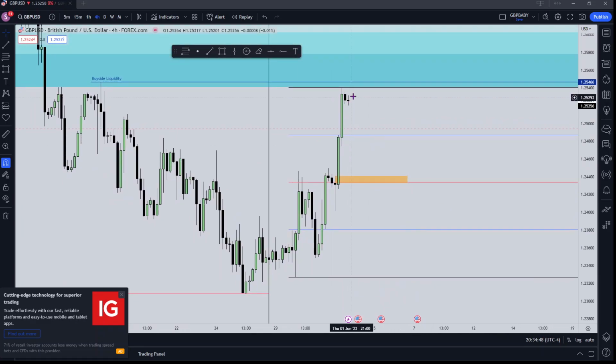It's very unlikely for price just to come down and then go straight into that breaker. I can imagine we're going to be quite range bound for a while. I am going to take a look at our new week opening gaps as well, just to have a better look at where we are. But for now, I'm going to mark out this order block, the upper wick of it,